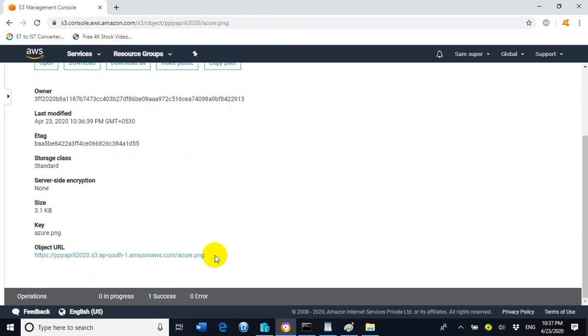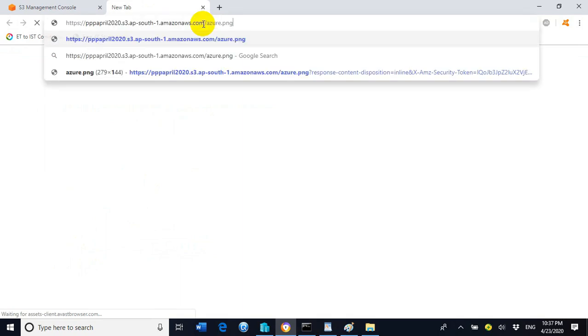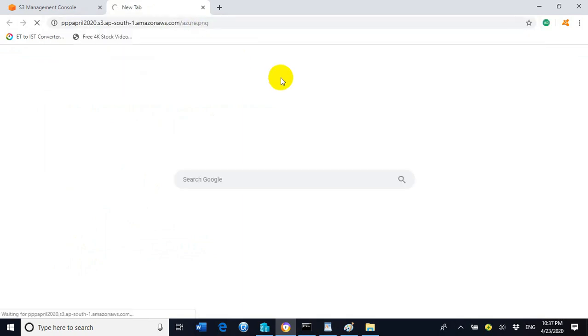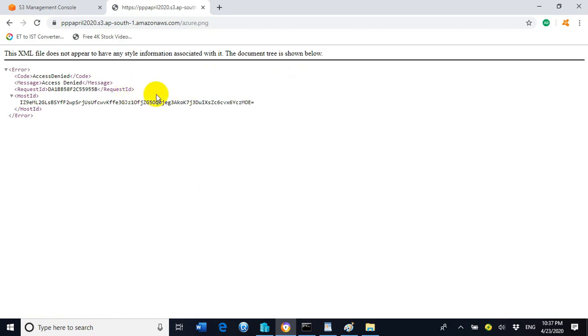But if I share the URL or link address with some people, let us test whether they will be able to access this image file or not. Let's copy this URL link and paste it on another tab. And you can see here, with the help of this global URL, nobody can access this image file because it is still private, because we did not yet make it publicly available.